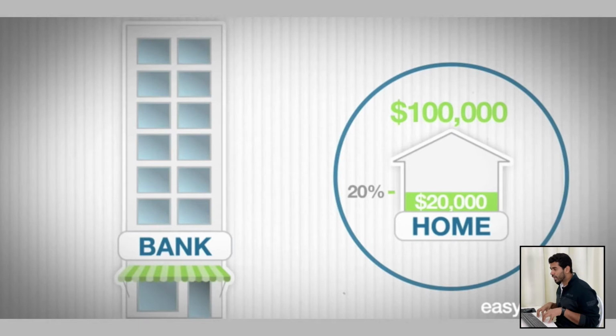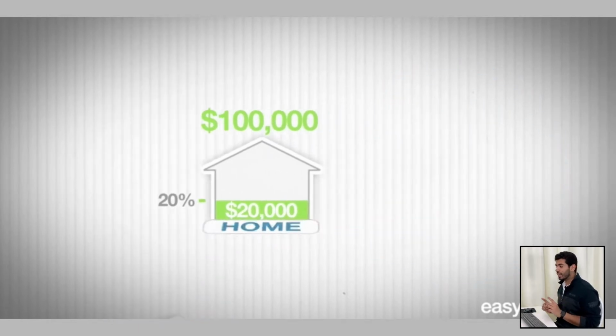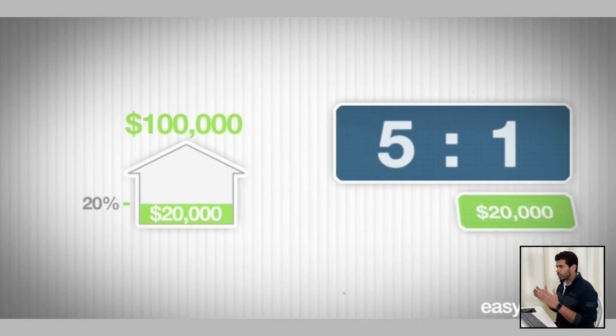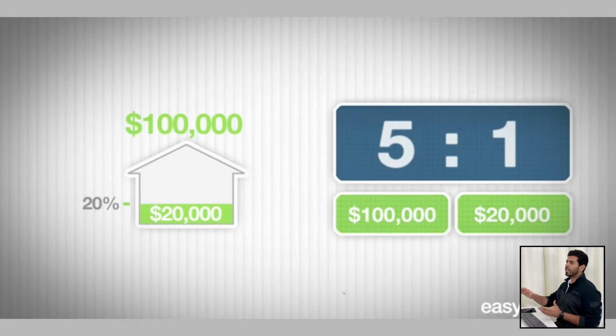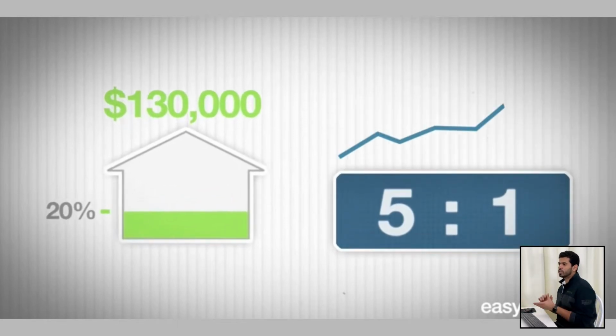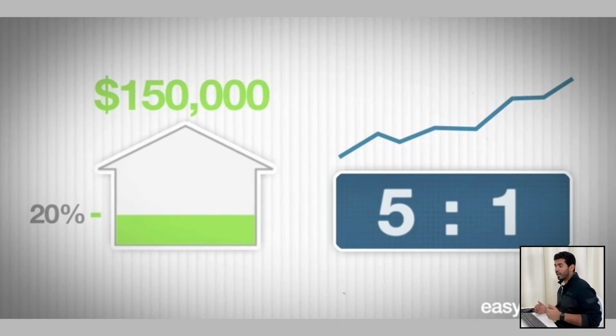So in this particular case, the entire leverage which you're getting is almost 1:5, because you're putting $20,000 and the total amount which is there for investing now is $100,000. Now let's say this particular house goes up in price by 50%. It reaches $150,000. So just by putting $20,000, you're able to make a profit of $50,000.